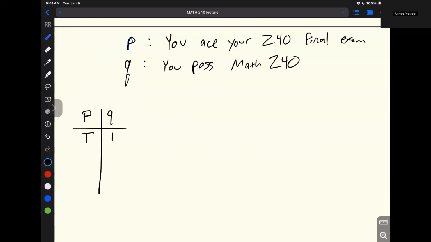So the possibilities are all of those, right? Those are the only possibilities that these two variables can all have together. So let's look at